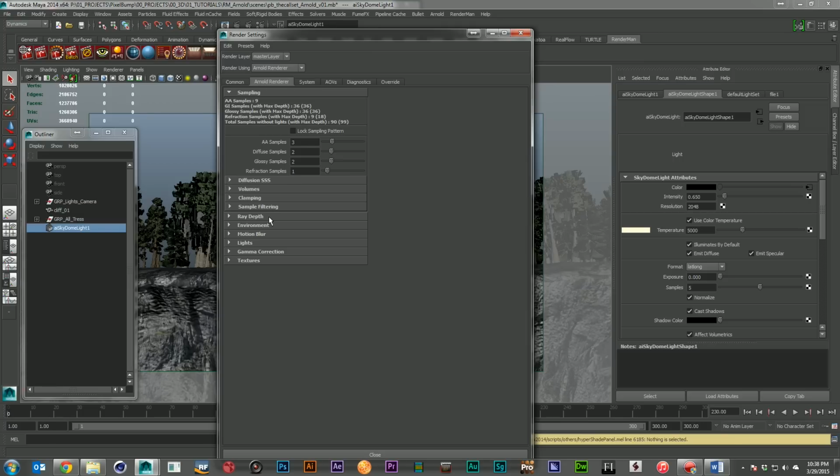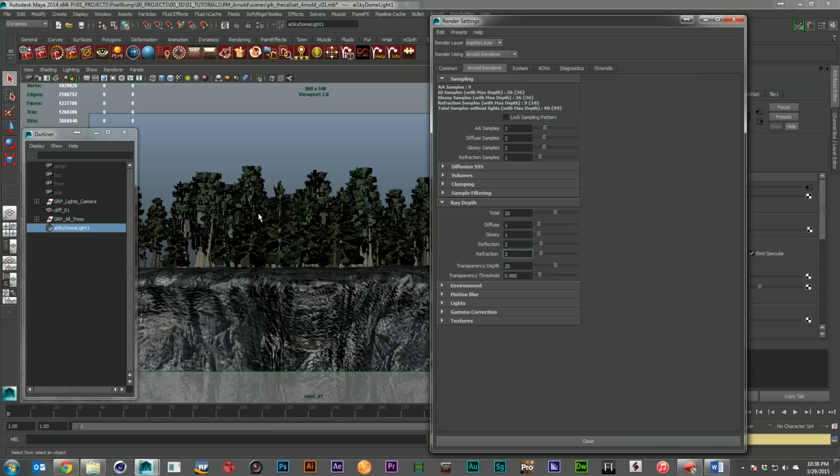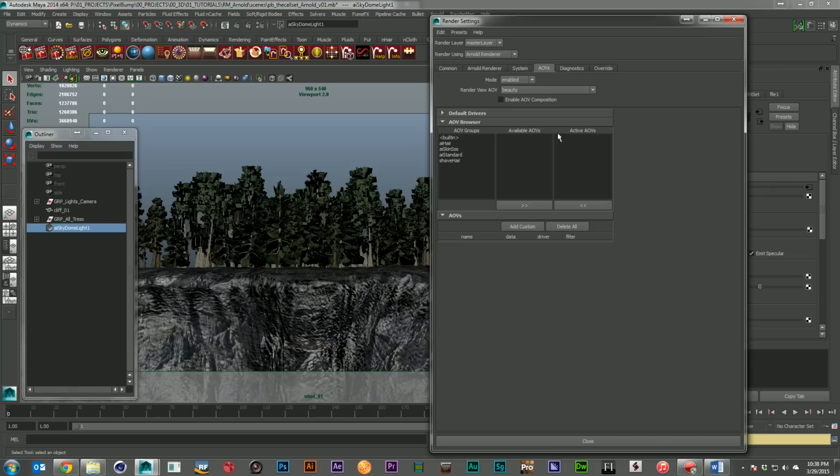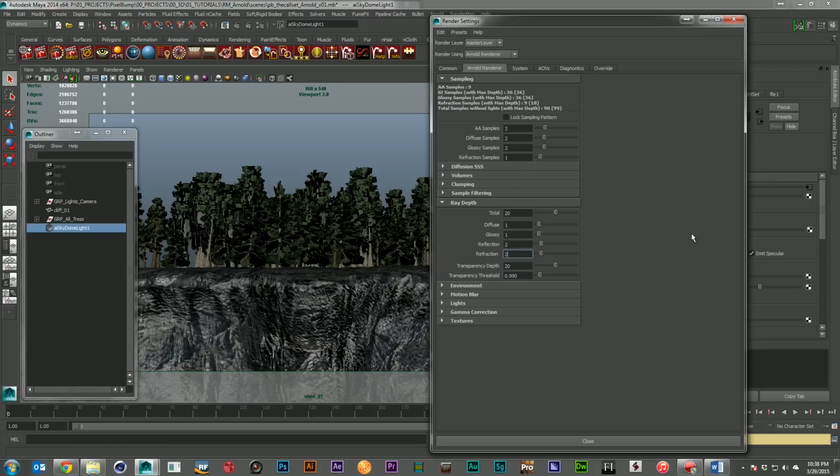The secondary place that you really want to check for your bounces is down here in your ray depth. Now, I have my transparency depth turned up fairly high, and that's because we have a lot of opacity masks that we have to push through, and I want to make sure we have enough bounces that we don't end up with black areas anywhere in the render. When it comes to rendering with Arnold, that's about all I really look to change on a daily basis. Sometimes I'll come in and add my AOV passes, but as far as a rendering engine goes, it doesn't get much simpler than this. I'm going to go ahead and render out this image,